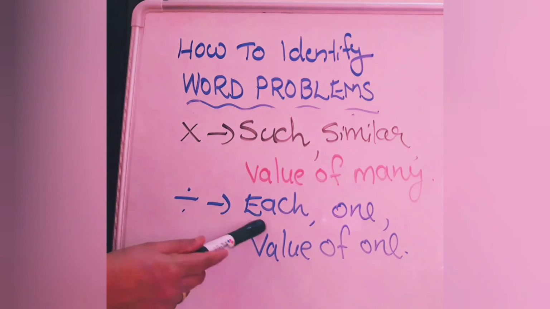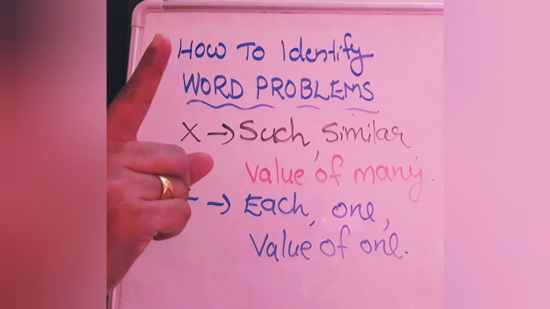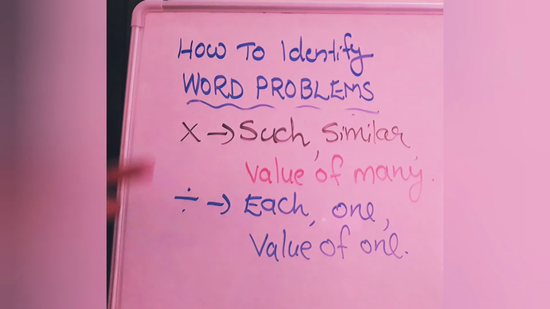Division: last, each or one, and if these two keywords are not there, you have to think how many. That keyword is also there. How many can be cut, or how many pieces can be made. These two also are the keywords to remember for division word problems. Also, a total number will be given and we have to find the value of 1. For example, a similar example with shirts. The cost of 5 shirts is 500 rupees. What is the cost of one shirt? So the total cost is given. We have to find the value of 1.